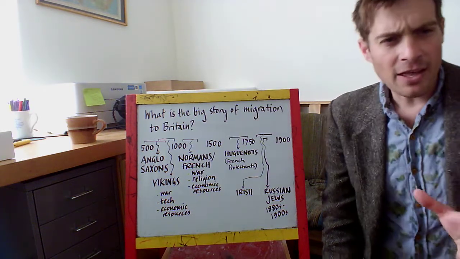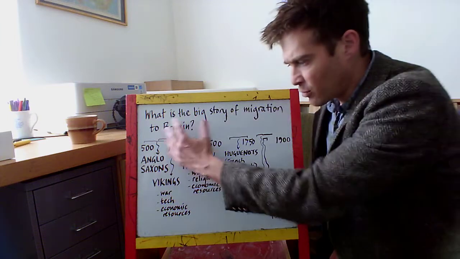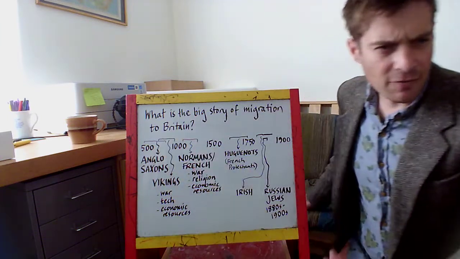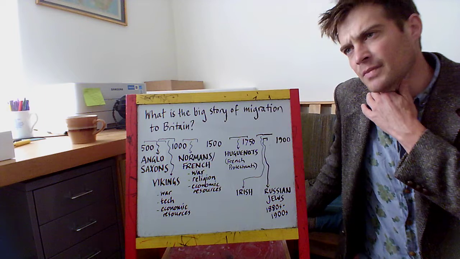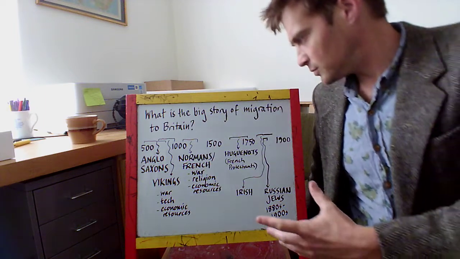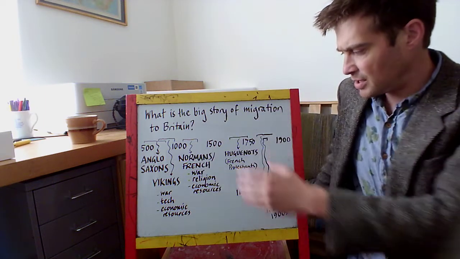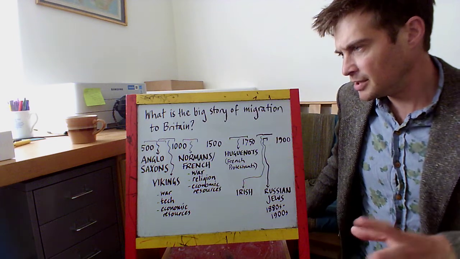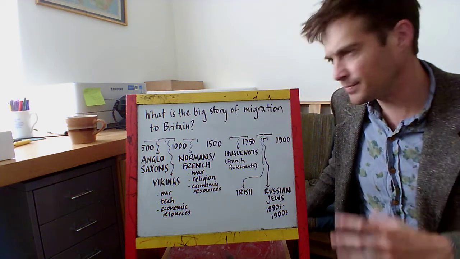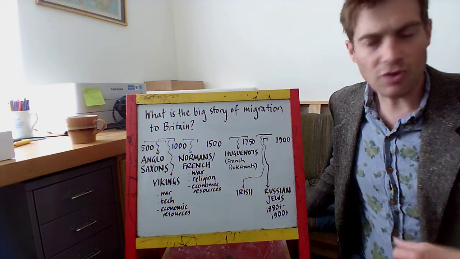So what we're going to be looking at over the next few lessons, that's the bit we've already studied. And your first task today is a timeline. I want to include these groups of people on the timeline, just so you can see that big picture. And it's on the instruction sheet I've given you.